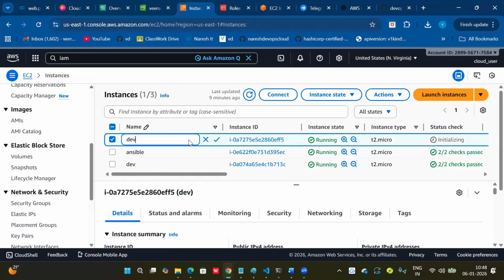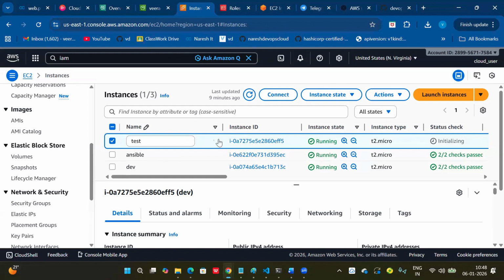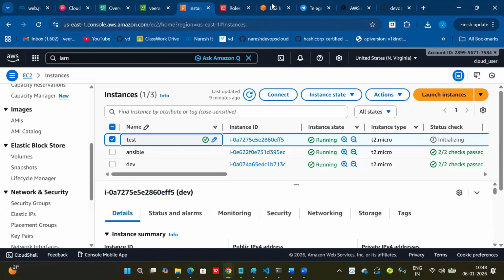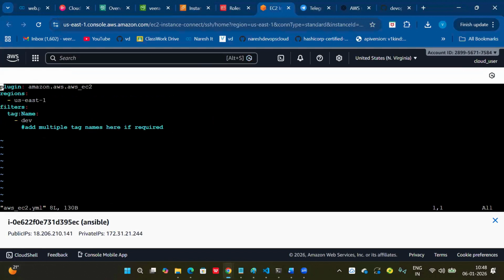One is dev, for example, and one is test, I'm adding here. Clear, guys? Total 2 tags. Now, if you add into here, definitely, guys, regions also we can pass as a list here. If you consider multiple regions, like US East 1, if you mention it, the request will go to this region. See, tags are region specific only, right? So if you want to add multiple regions, you can add.